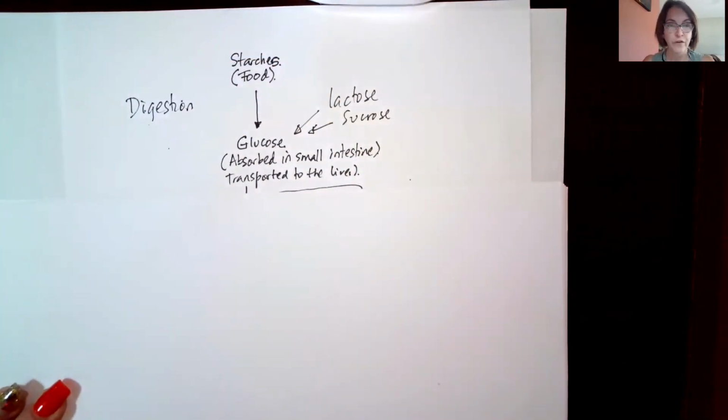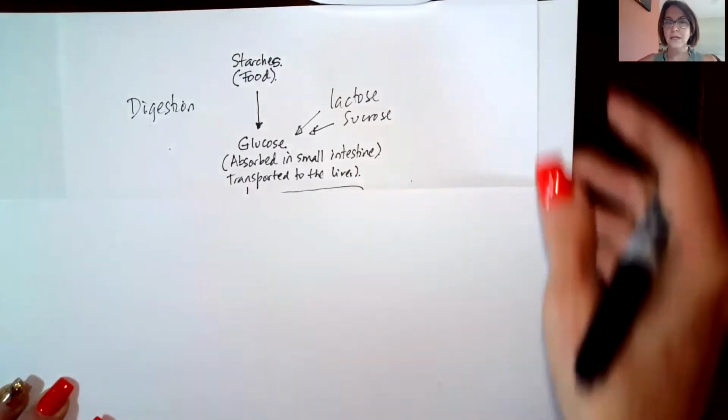Sometimes we refer to this as stage 1 in the process of getting energy, because even if we don't get energy from this first part, we depend on this to be able to use glucose as a source of energy. Once in the liver,